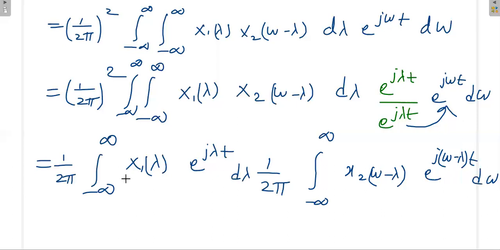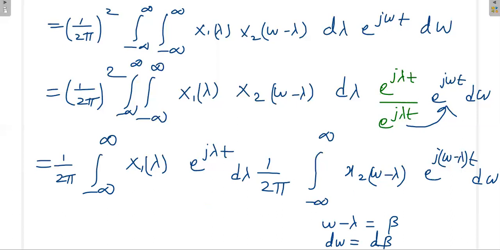So now what is the formula? This formula is like an inverse Fourier transform. Okay, this is directly like inverse Fourier transform, but here we are having a little bit of confusion. So we'll replace omega minus lambda with a new variable called beta. Again, when omega is the variable, we can consider lambda as a constant. So d omega is equal to d beta, and the limits remain the same, from minus infinity to plus infinite only.